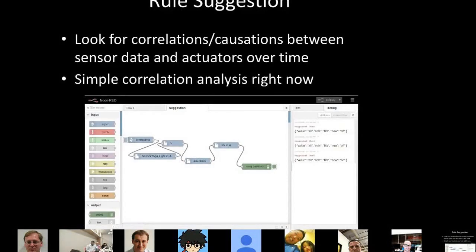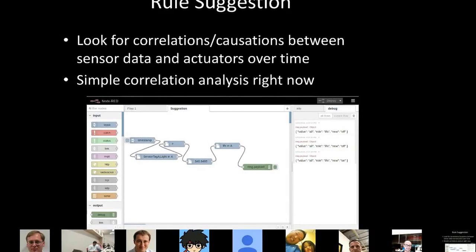Okay, all right. So we're now looking at something very, very simple. We've gone from something much more sophisticated to something simplistic, because we're now looking at whether we can just identify what people do in a space: what sensors they're in, what the sensor values are, and what actuation pairs are happening with it. So at a very simple correlational basis, can we produce rules and then suggest those to individuals?